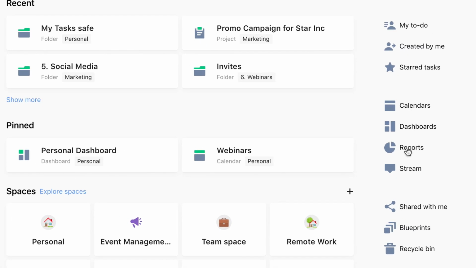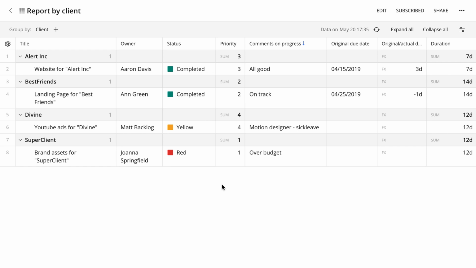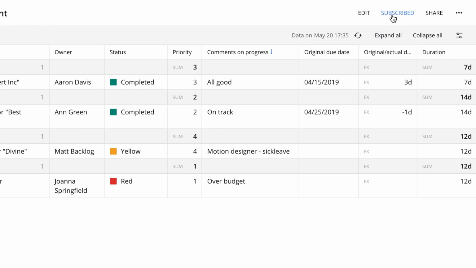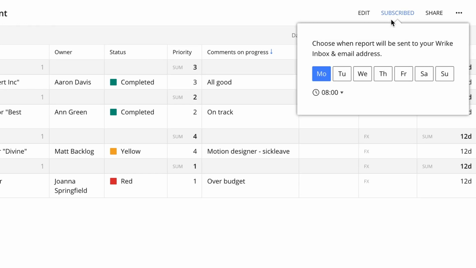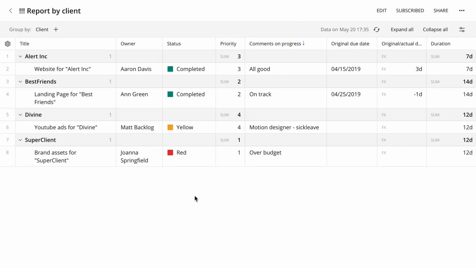Every week, I report to upper management on the current status of projects. They need to know if any of the project milestones are overdue, and then they usually ask me if it will affect the project's deadlines. I don't create a report from scratch every time. I've already done that earlier, and the updated version of it automatically falls into my inbox every Monday at 8 a.m. The report is tailored to the executive's needs.